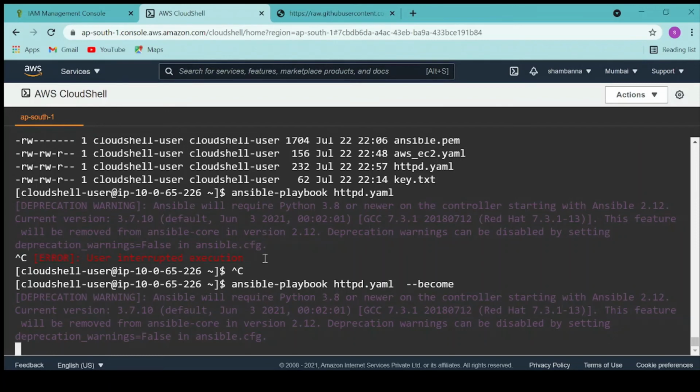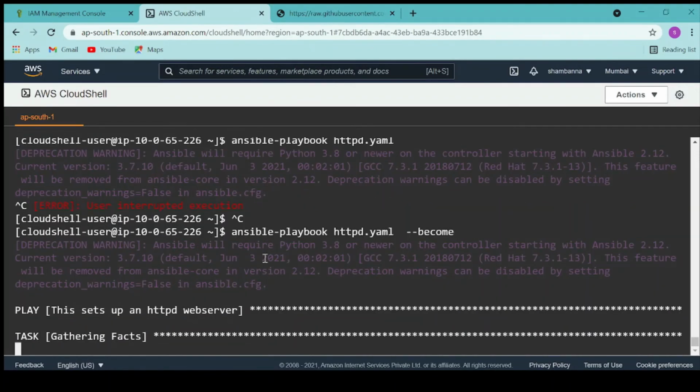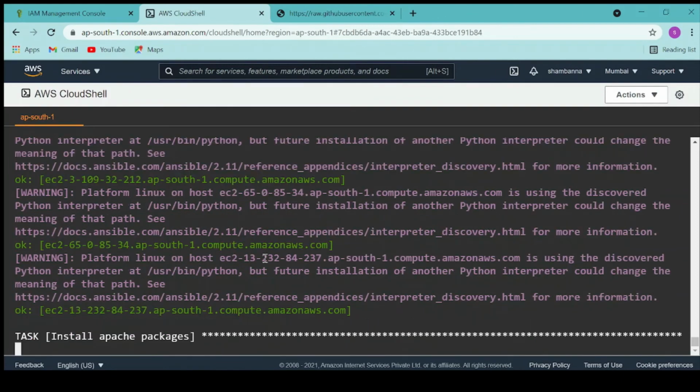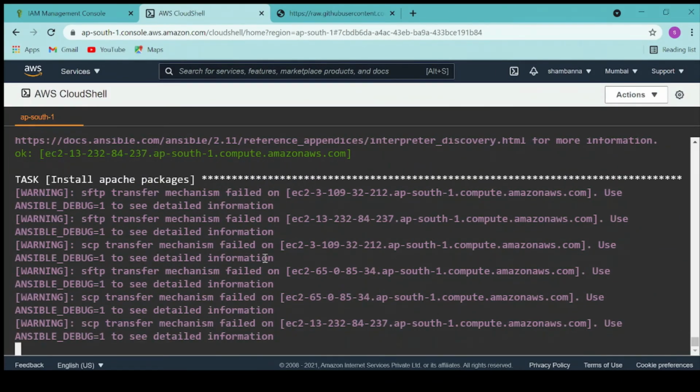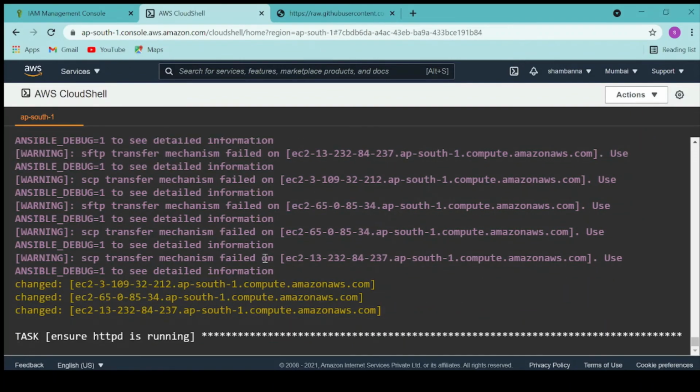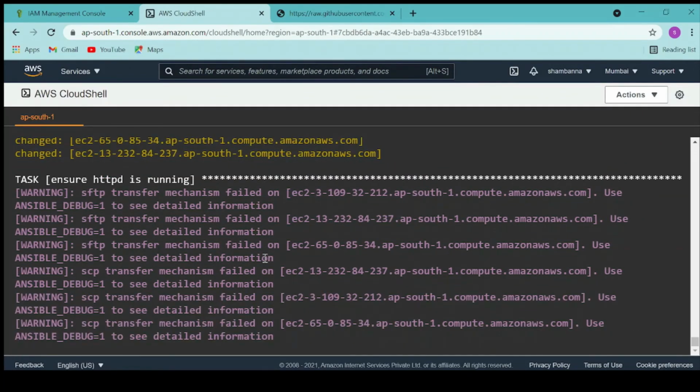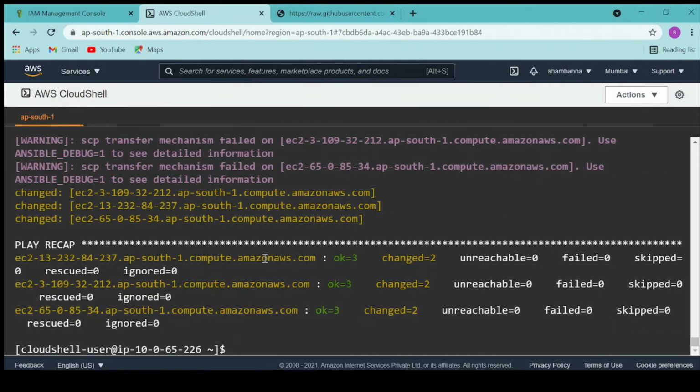Now it should go on all the servers and install httpd. Once installed, we will be able to see. Okay, the package is installed now.